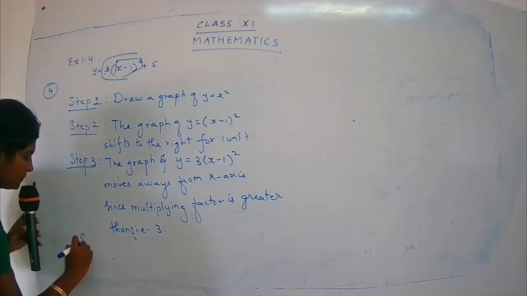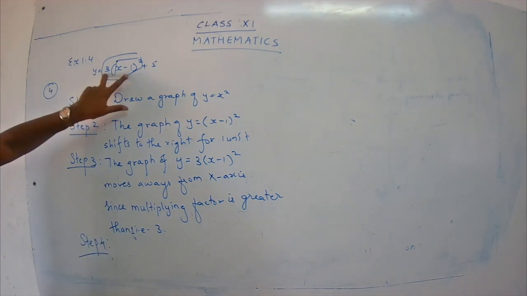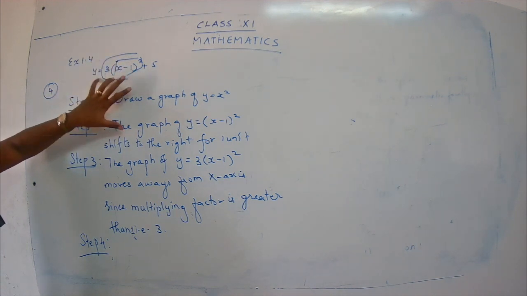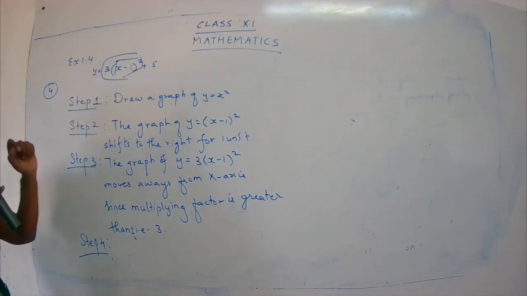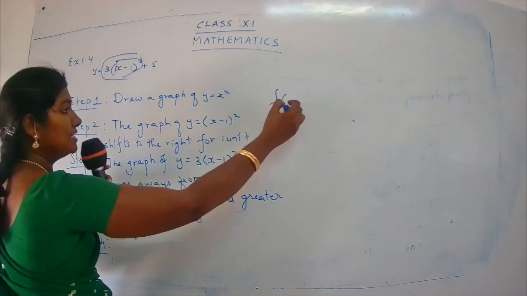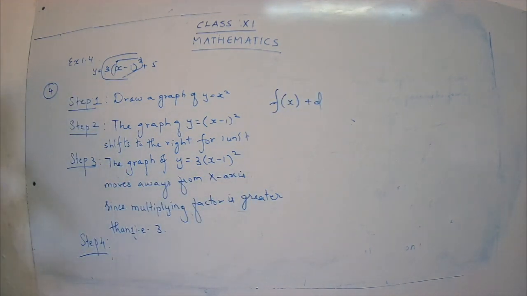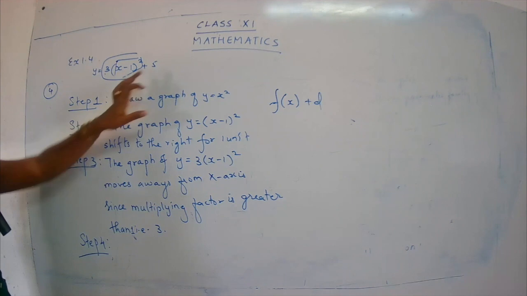Now let's come to the next step. Right here, step 4. Now just see, children, we have completed half part of the function. That is, we have seen how to draw the graph for 3 into x minus 1 the whole square. Now you have plus 5 added to it. So now this again follows a transformation from translation. That is, you have to see this f of x plus d. When you have f of x plus d, where is the shift going to be? The shift is going to be upward. Okay, but for how many units? It is for 5 units, because the number 5 is given over here.